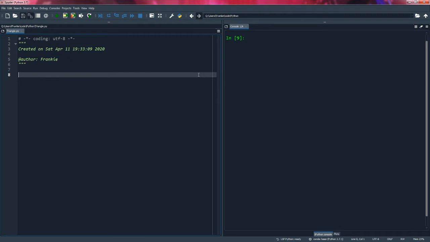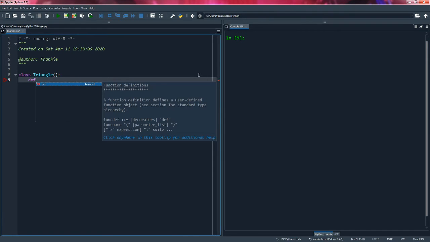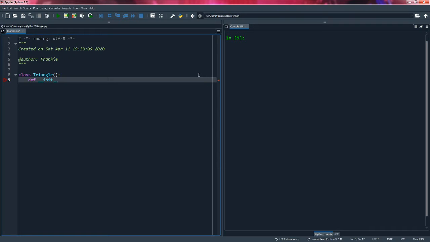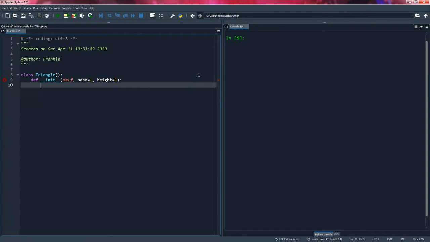So for here what we're going to do is create a triangle class. It's not going to inherit from any classes. And we'll begin by creating the constructor. So here I'm going to have self, and I'm going to provide some default arguments. And I'll say self.base is equal to base, self.height is equal to height, and